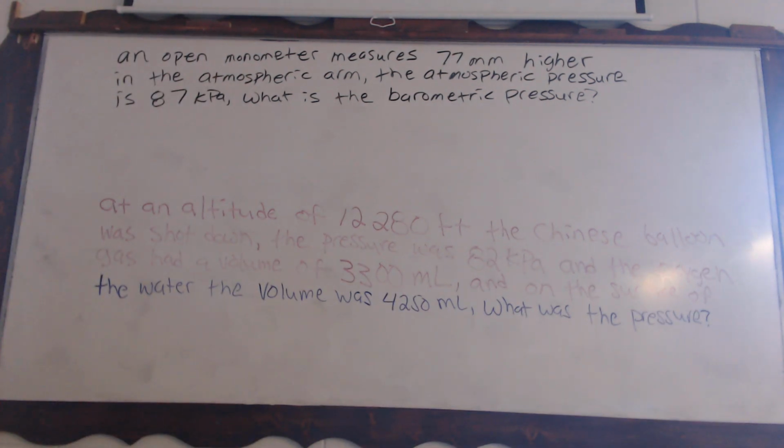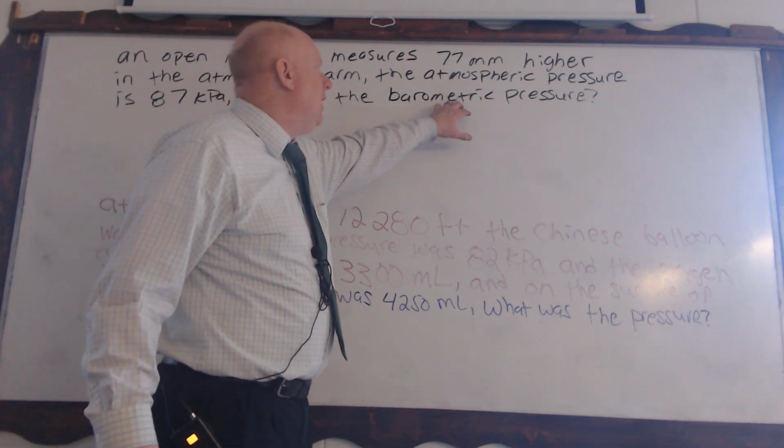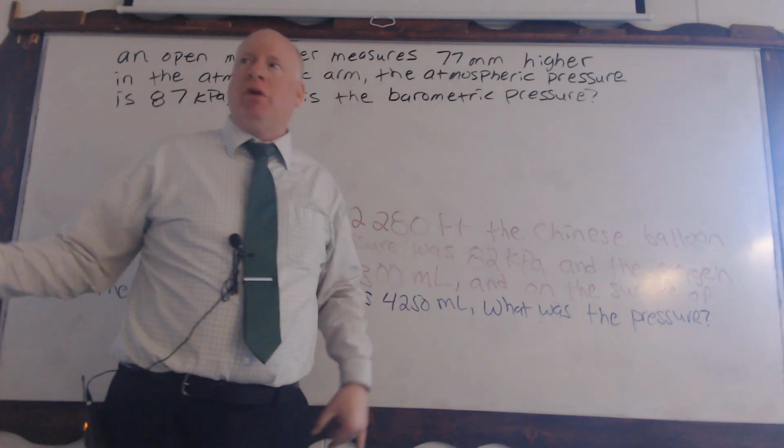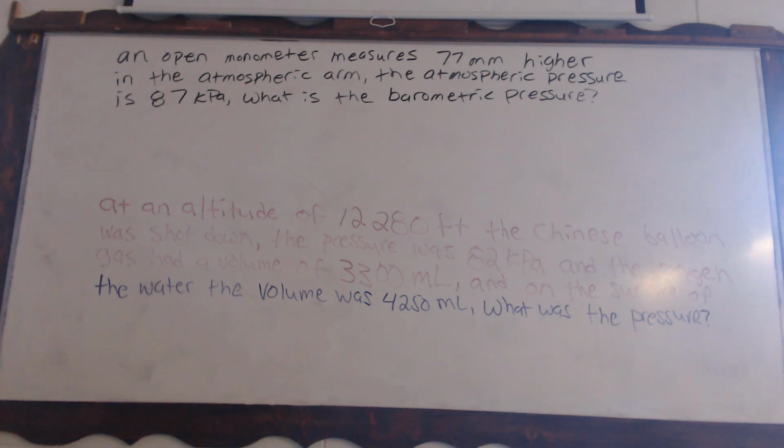Okay. The first types of problems that we had discussed were dealing with barometric pressure. Now, what we mean by that is this is what's doing the reading. Atmospheric pressure is just what you would be experiencing outside. So what we'd see happening is, I think it's a pretty fair presumption that,